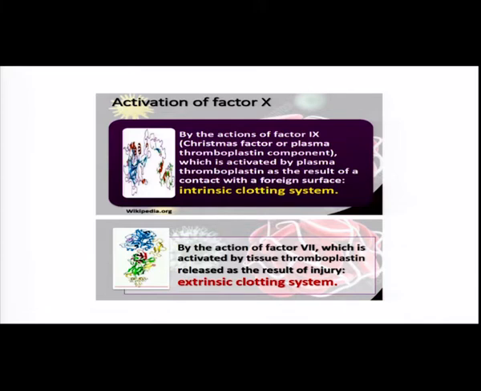Yeah, you do have names for each of these clotting factors. Okay, so what we consider is activated by plasma thromboplastin as a result of contact with the foreign surface. So this is what we call the intrinsic clotting system. So the intrinsic clotting system starts with Christmas factor, factor 9, and then you have the plasma thromboplastin, and then